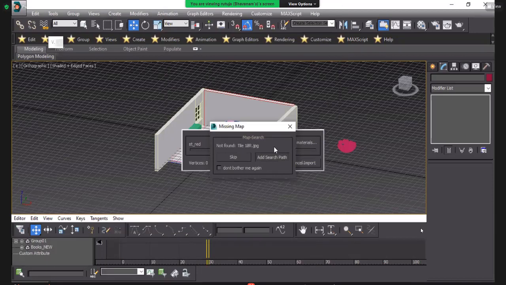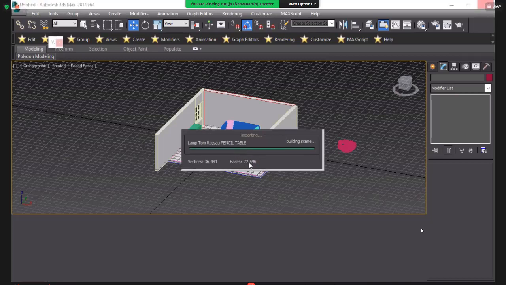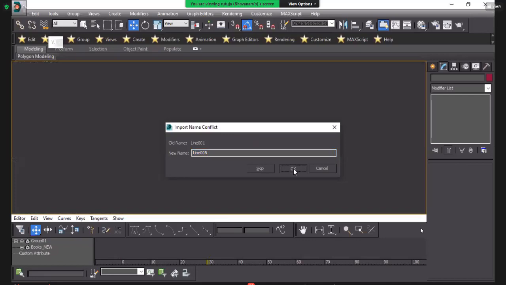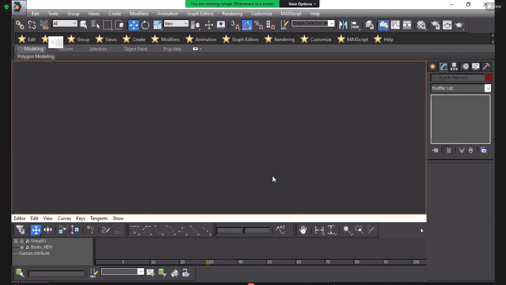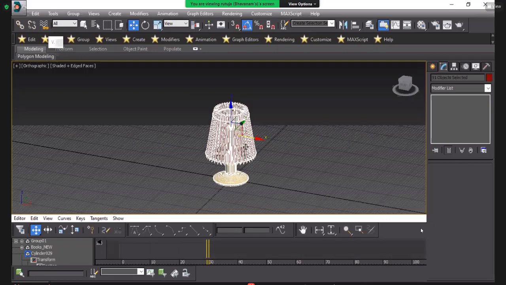Place OK. And you will get your lamp here. This is your lamp.